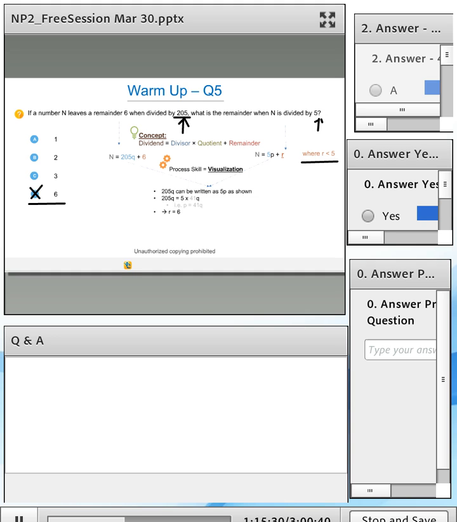Now let's just solve this over here. N is equal to 205q plus 6, n is equal to 5p plus r. Now can I express 205q in terms of 5p? Absolutely, yes I can. Clearly 205 is divisible by 5, which means that this term is nothing but this term 5p, which means that r is equal to 6. Okay, now I have my remainder as 6, but I know that the remainder cannot be 6 because remainder is less than 5, which means that I need to process this 6 further, and what I get is that 6 is nothing but 5 times 1 plus 1, which means that my remainder is 1.